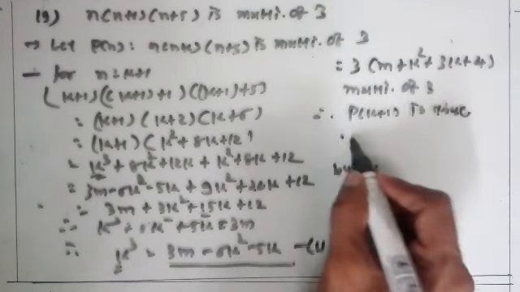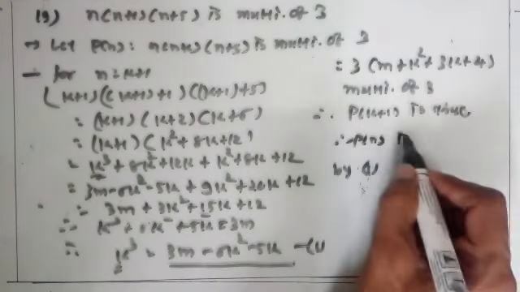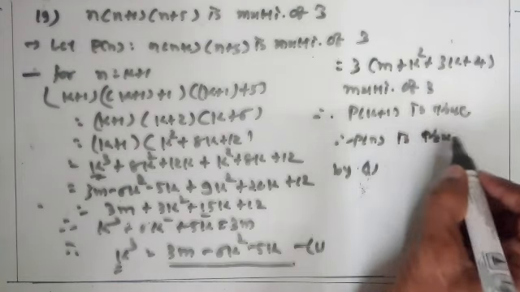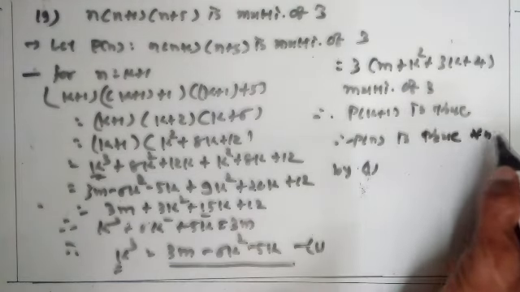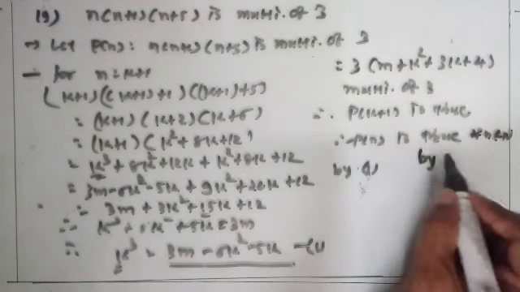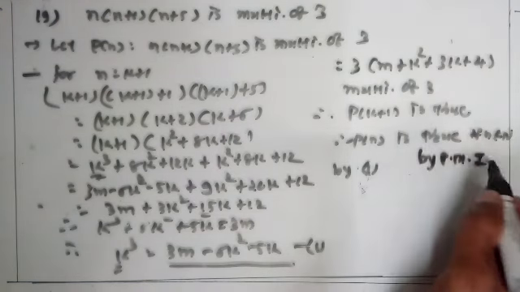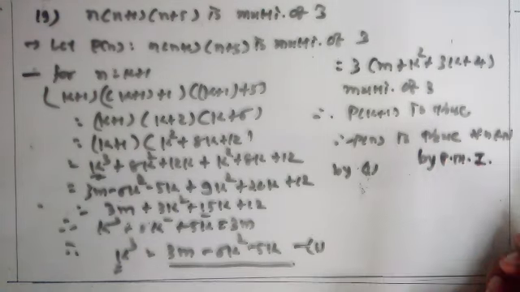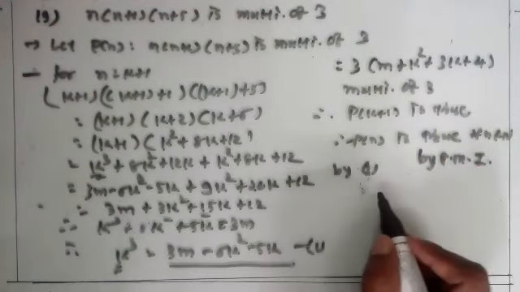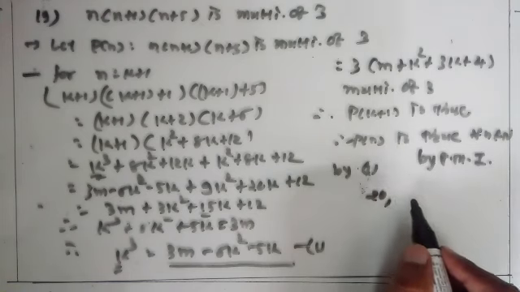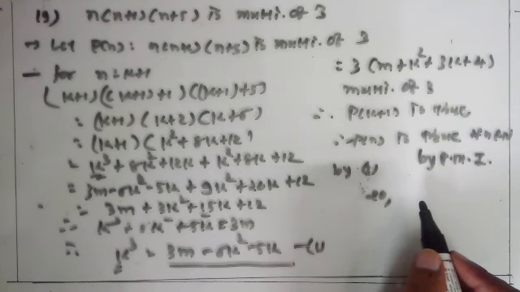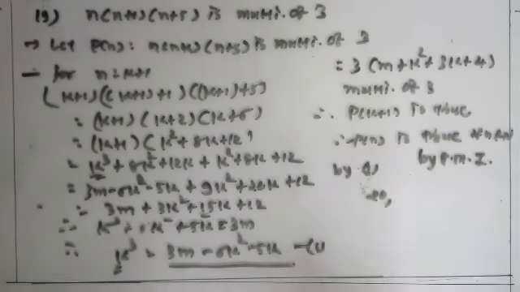Okay, so Pn is true for all n belongs to N by PMI. Is it clear? Applying the same, we solve question number 20. 10 raised to 2n minus 1 plus 1 is divisible by 11. Similarly, question number 21, 22, 23 and 24. Just try to solve the remaining questions yourself. Okay.